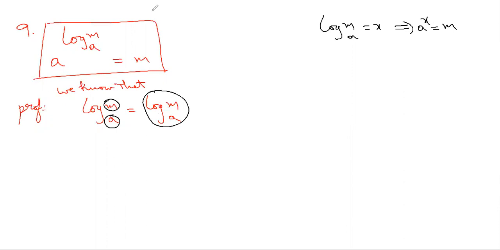The same way, you treat this as one number, this full thing as one number. Then what it becomes, the base is a, will be the same in the exponential notation also, and the one which is away from the base, which is log m base a, will be along with the base, the power of the base, and the answer will be the one which is along with the base. Yeah, that's it. Without using any substitution and all those, you can do this, or you can use a substitution and do like this also. That's also fine, right?